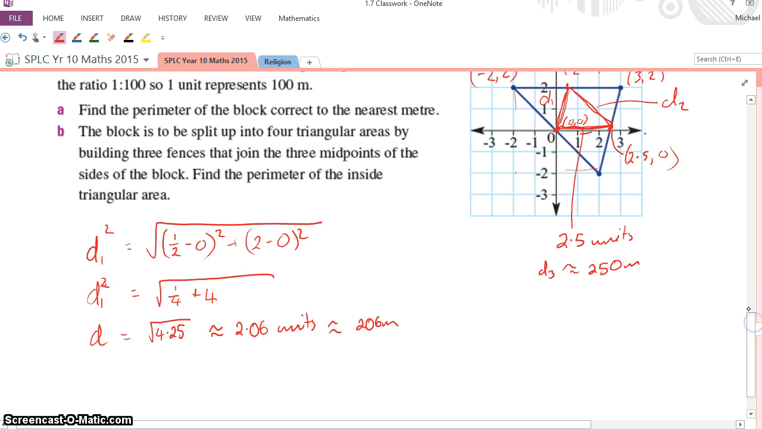That's fine. D2. What am I doing writing squared over there? We already know that that's not squared because I've got it in the distance formula, so it's just the square root. So this time D2 equals the square root